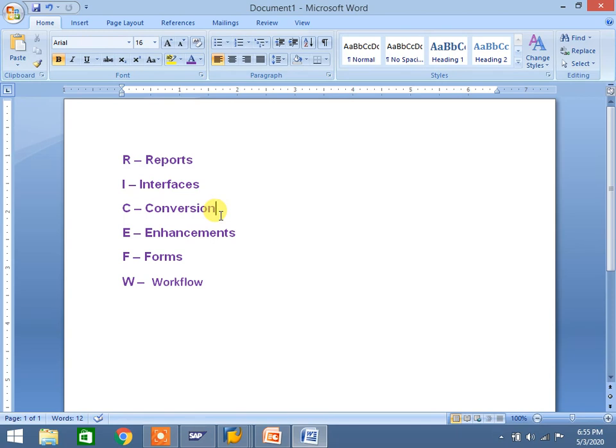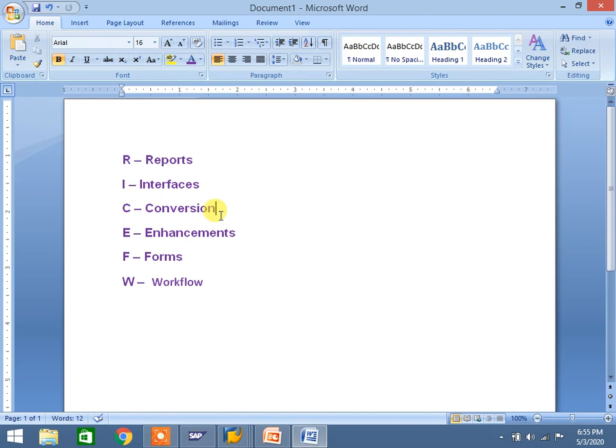They will give you one transaction code where you can specify the file and upload it, and it will automatically create. If there is any error, it will show you, meaning you missed some configuration or upload data. That is called conversion: we are uploading legacy system data to the SAP system.